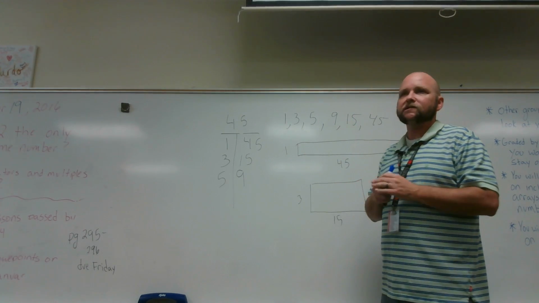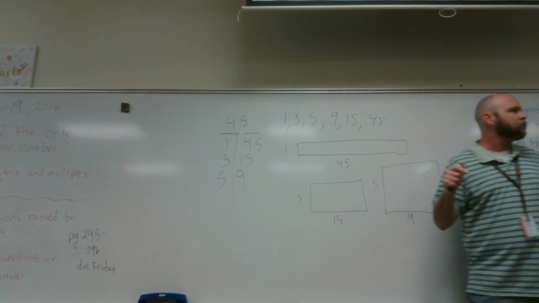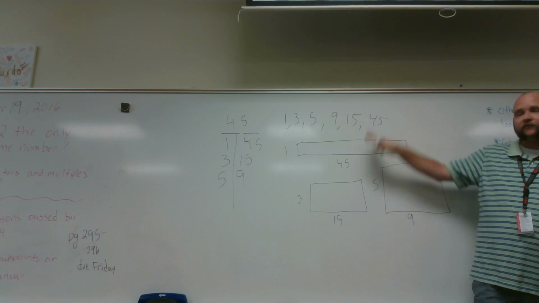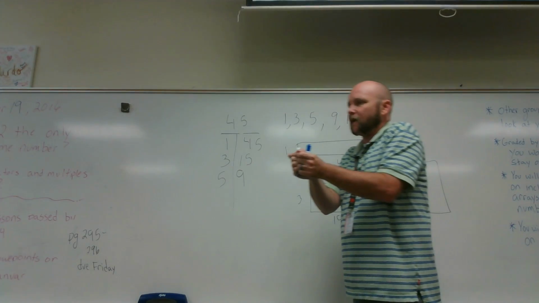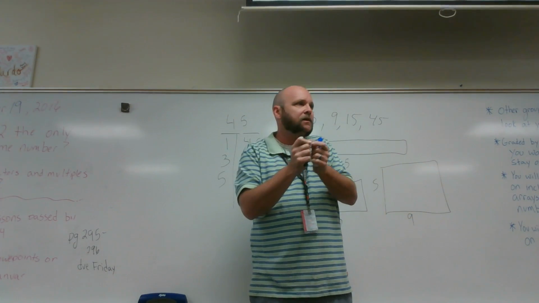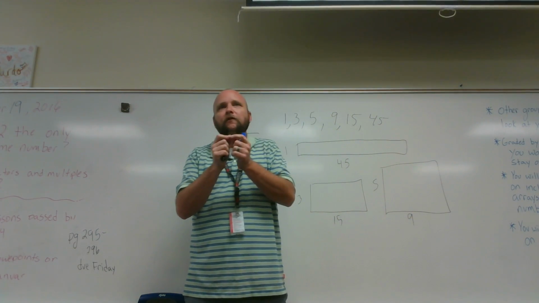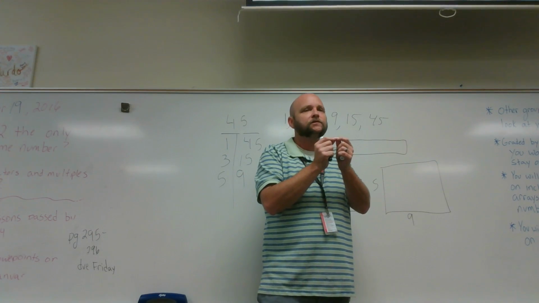Okay, so you'll be doing this. And when you're asked to make factor arrays for the number, you have to include all the different factor arrays. So if your group has the number 45, and you don't include all 3 of the different factor arrays in it,